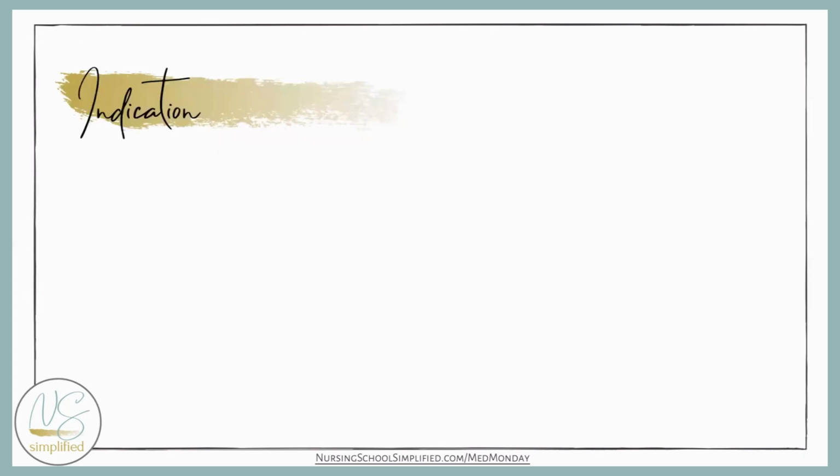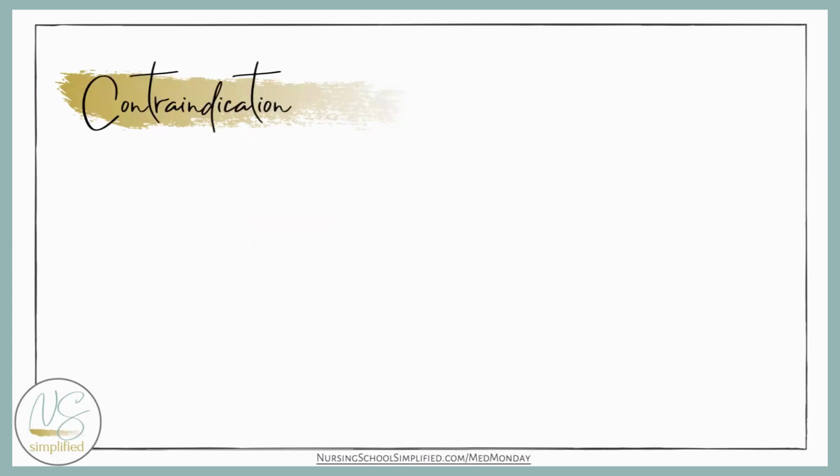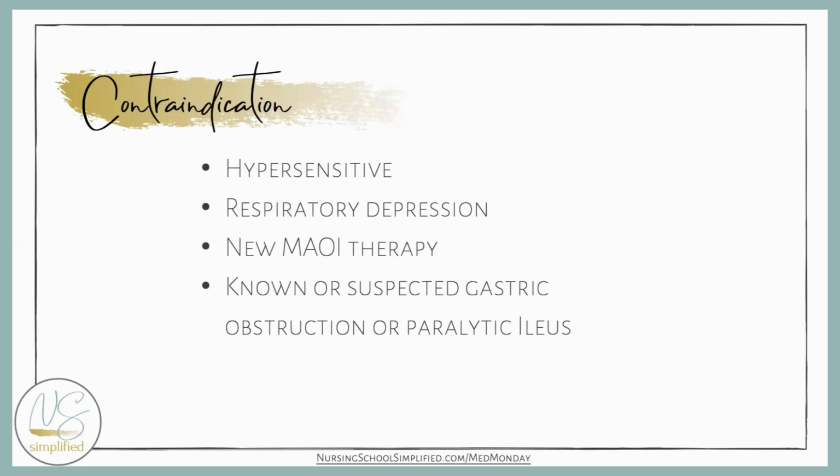Indications for this medication include moderate to severe pain. It is also used as a general anesthesia maintenance medication, and this medication is also given postoperatively for shivering, and it works very well. Contraindications include hypersensitivity, respiratory depression, new MAOI therapy, and known or suspected gastric obstruction or paralytic